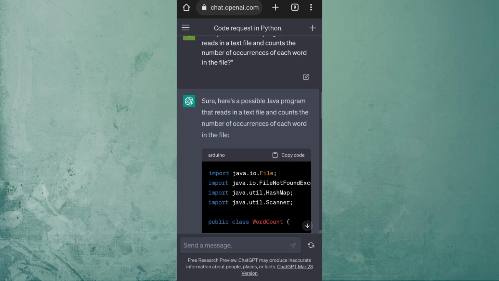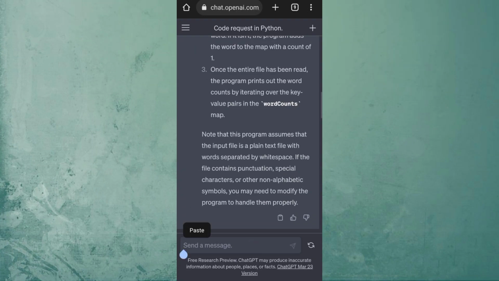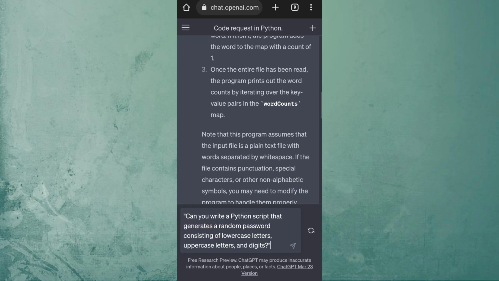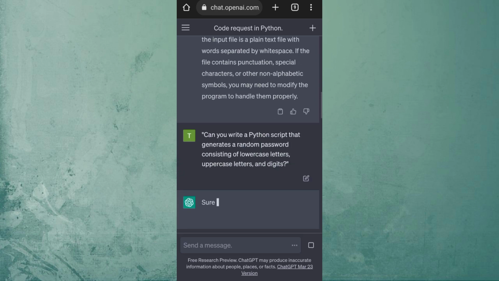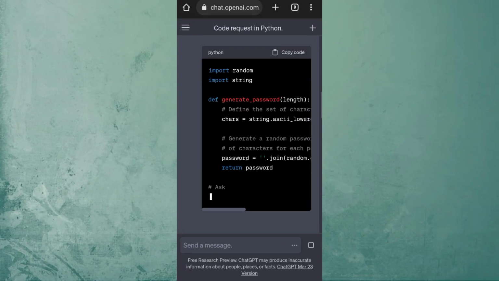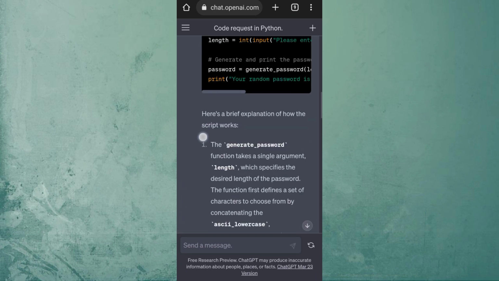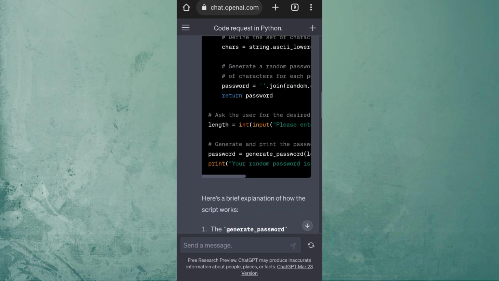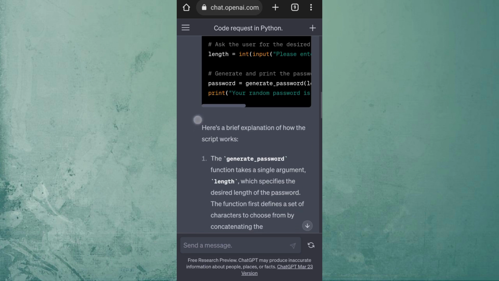And you can also ask ChatGPT, can you write a Python script that generates a random password consisting of lowercase letters, uppercase letters, and digits, and press enter. And here you can see how beautifully ChatGPT writes us a Python code, and here is the brief explanation of